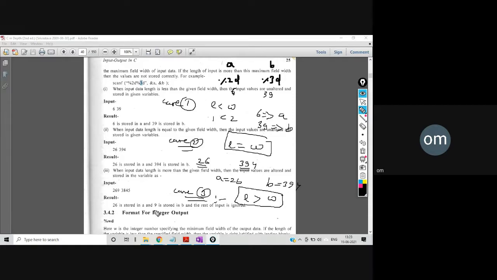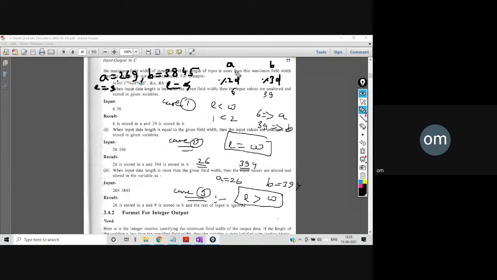Let's say inside A we want to store 269, and inside B we want to store 3845. Now if you see, the length of A is 3, length of B is 4, but the width given for A is 2 and for B is 3.